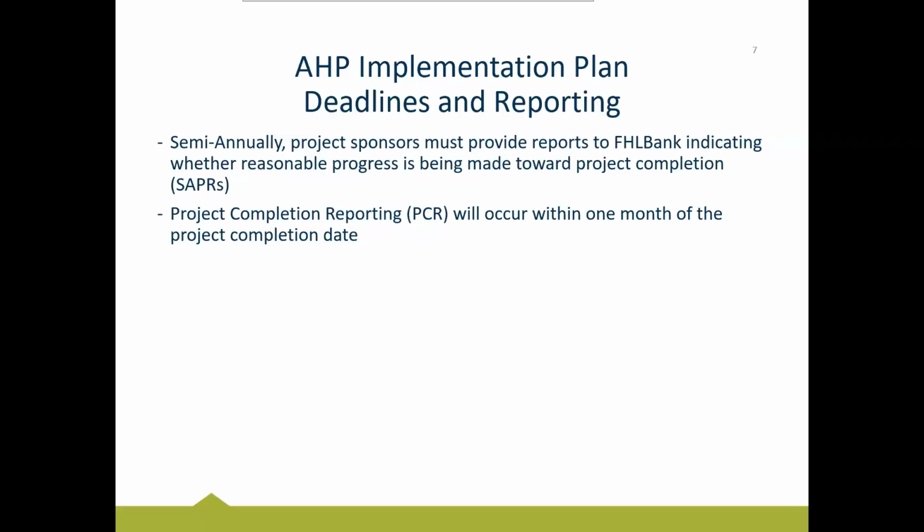When the SAPRs go out in January and July, you will get an automated email, or the contacts that are assigned to the project in the system will get the automated email telling you that a report is due. At that point in time, your project will go on a temporary disbursement hold. It's not a punitive disbursement hold by any measure, but all it is is a hold where you won't be able to submit any new disbursements until the SAPR is submitted. Once you've submitted the SAPR, then you will come off that disbursement hold and be able to start submitting again. So it's really just a way for us to make sure that everybody gets that report in a timely manner.